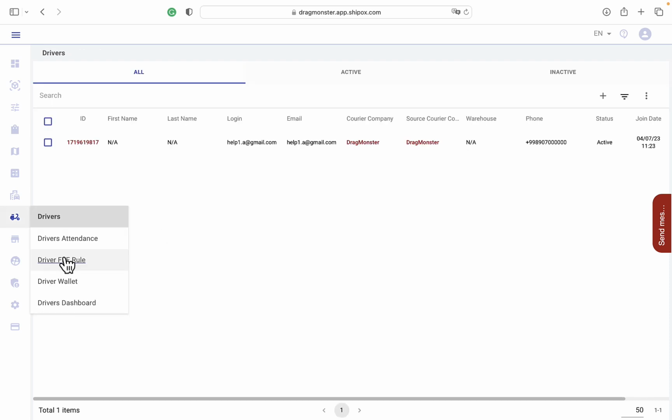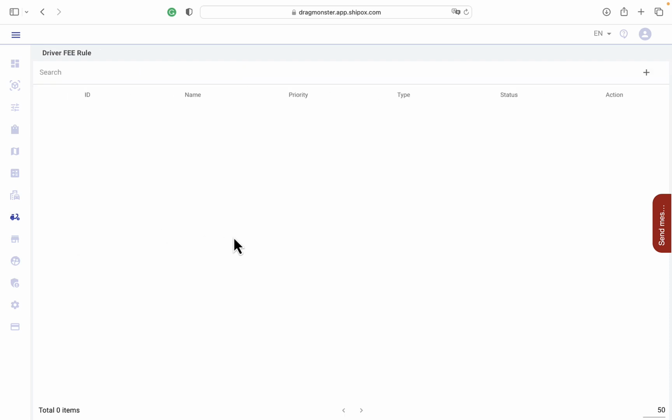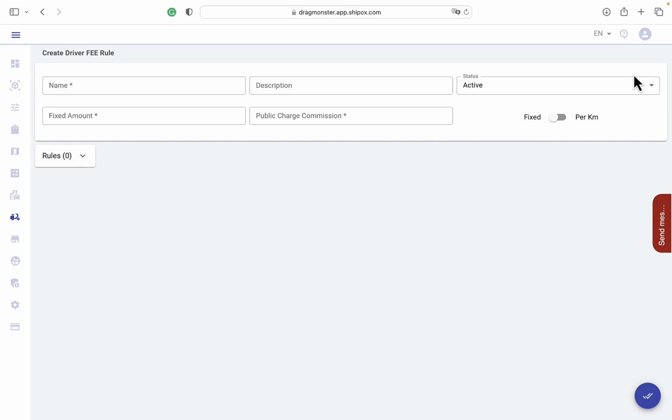Driver fee rule enables admins to create rules for drivers' payroll. Payroll may be fixed or in the form of commissions or a combination of both. In order to create rules for drivers' payroll, press the plus button located in the top right corner of the page. Then you need to fill in the fields accordingly, providing first and last name, providing a brief description,